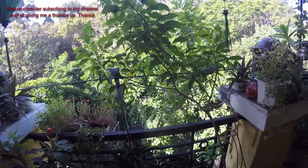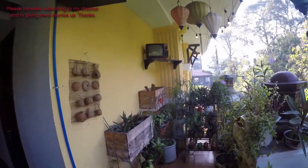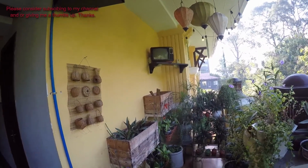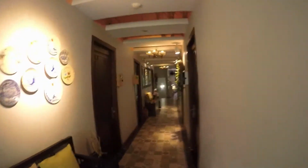You can tell that the main road's just down there. It's pretty damn noisy, but it's quite a nice serene sort of atmosphere. I love the old colonial building. You can see the new buildings in the CBD just down there past that other building. Yeah, it's got a nice quirky feel to it. It's nice. So we'll just go down here